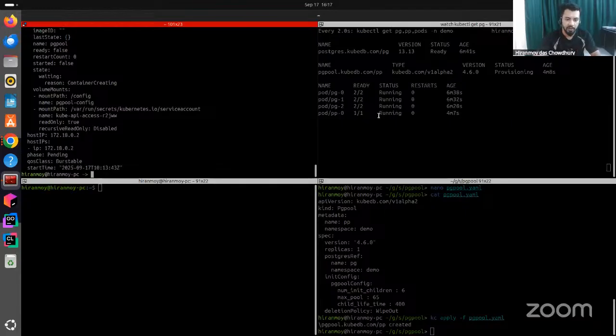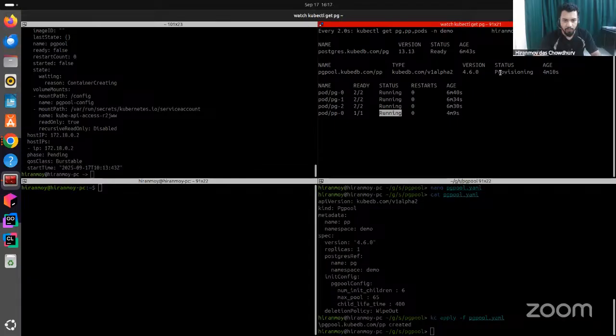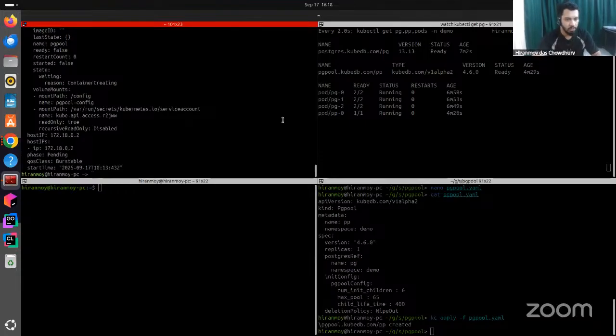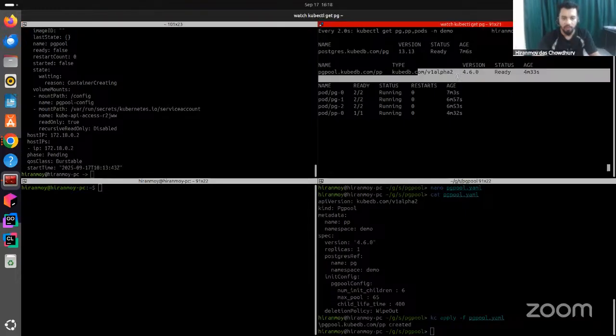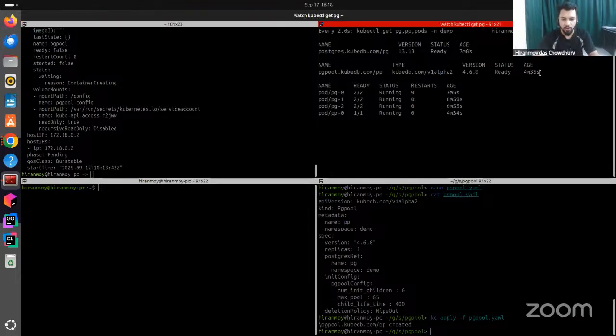Yeah, it's running now. So hopefully it will be ready within a few seconds. So let's wait. Yeah, it's ready. It took a lot of time because the Docker pull and push was a bit slow. Okay, so as the Pgpool is ready here,